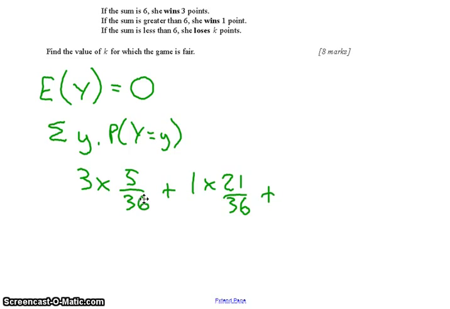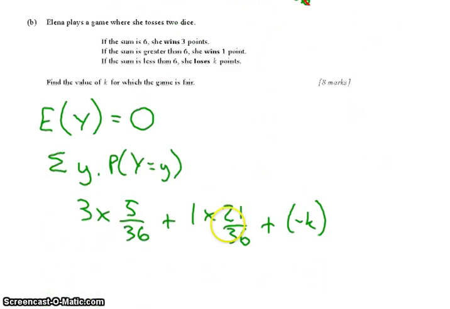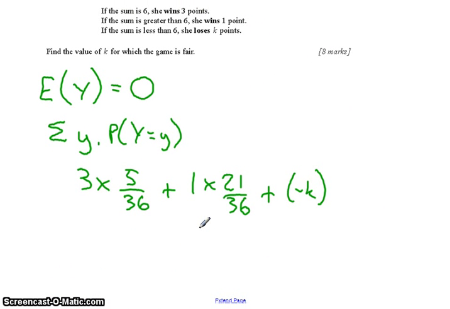And then if the sum is less than 6, she loses k points. Well, that means our score there would be minus k, and if it's less than 6, well, let's go back to our table because we haven't worked that out yet, but less than 6 would be all of these in black: 1, 2, 3, 4, 5, 6, 7, 8, 9, 10. Times by 10 over